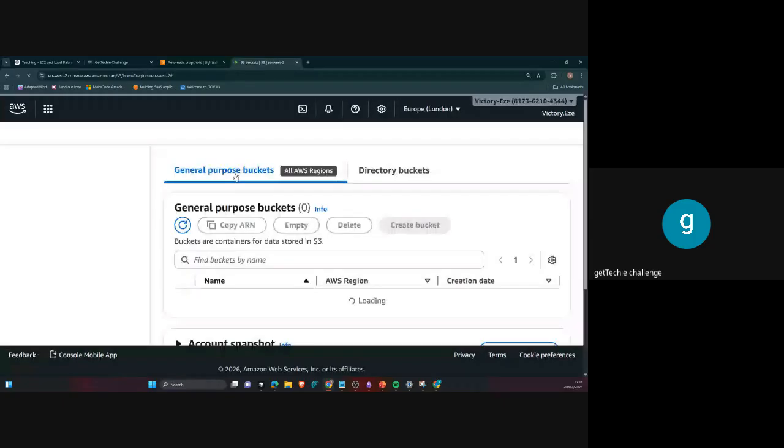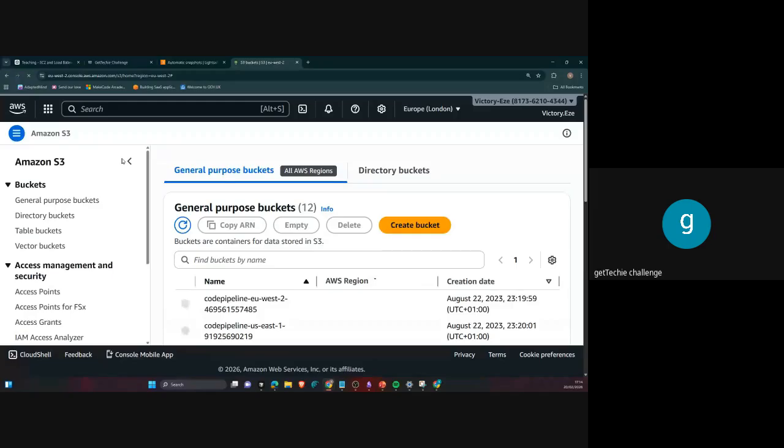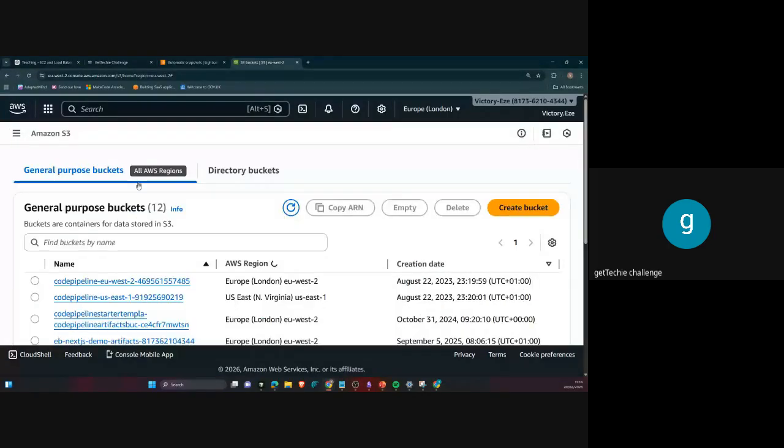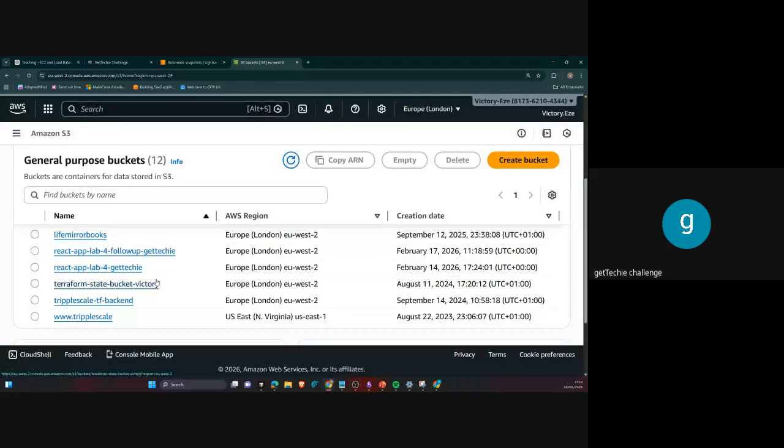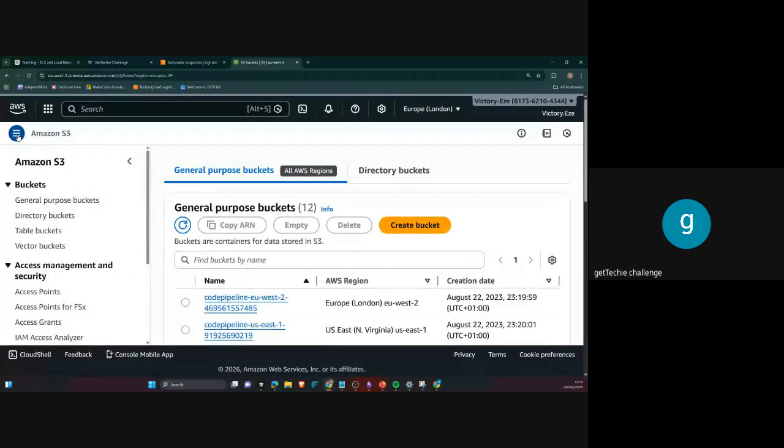Our S3 opens up and we actually have our different buckets. You can see I already have many buckets. I think we created these buckets to upload our code. If you remember, we uploaded code in our bucket in our last class. Just like that, I have a lot of buckets here, but we are going to be creating an S3 bucket, and we are going to be interacting with this bucket to see what it does.